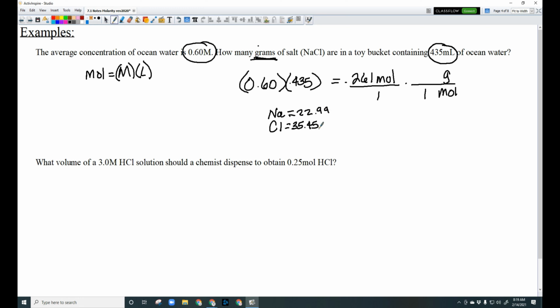Adding those together, we get 58.44. Moles cancels moles. We're left with grams. So it's 0.261 times 58.44. That's going to be